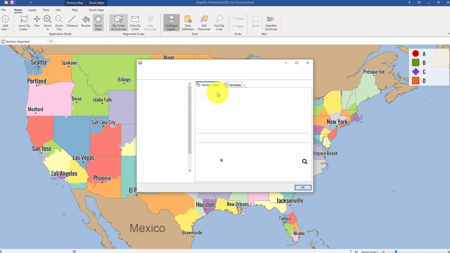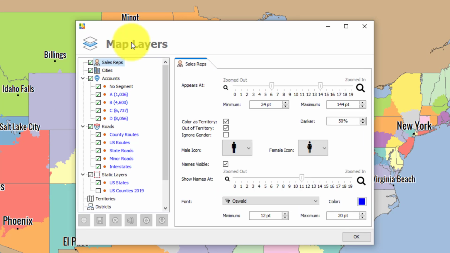And we'll start in the top left where we have sales reps. So by default, our sales reps will start to appear at a zoom level of 6. That's what this chevron here represents. When that sales rep icon first appears at this zoom level, it will appear at a 24-point font. As you zoom further and further in, it will reach a max size of 144 points at zoom level 14. And then the label will start to appear at zoom level 11, and you can see the minimum and maximum